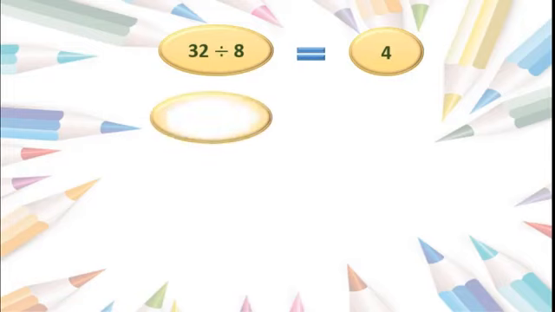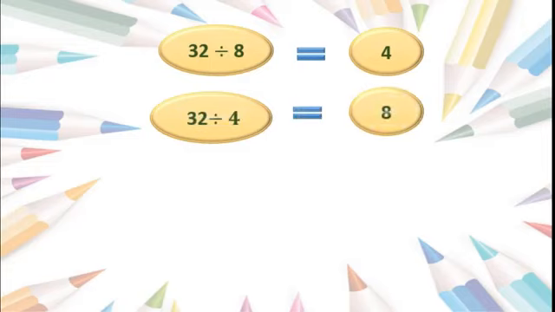Students, you can see here 32 divided by 8. Here we will recite the 8 times table. So 8 1s are 8, 8 2s are 16, 8 3s are 24, 8 4s are 32. So 4 is the answer. We know, right? Now one more sum we will take. Here 32 divided by 4. What is the answer? You know now, correct?